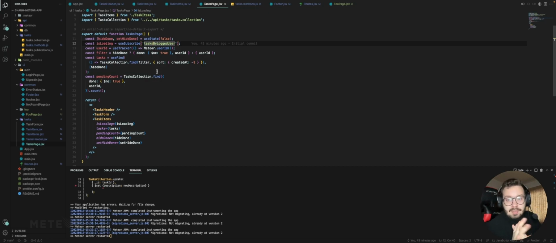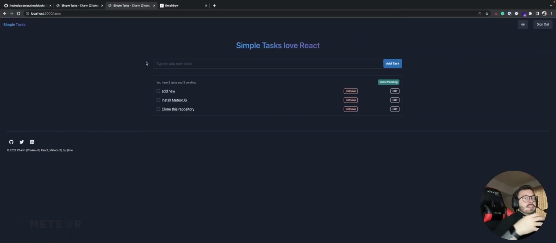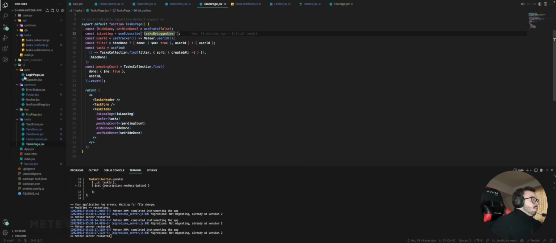And this is awesome because it makes the UI really, really good to use, and everything that you can imagine, because it brings the optimistic UI, and this is a really good thing to have in your application. I guess this is mostly what I would explain for the API and